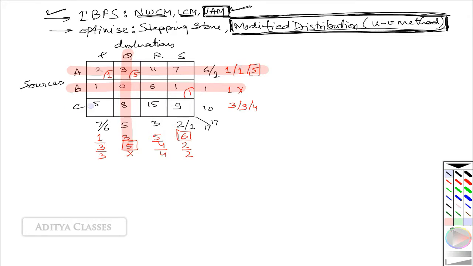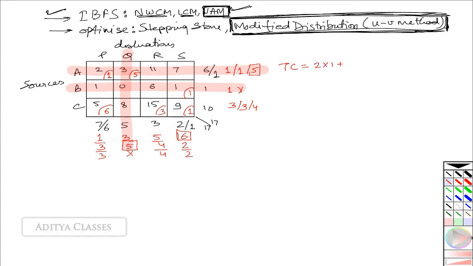And now we see we are left with only one column. One row. So we know that when we are left with one row or one column, at that time the demand and supply are matched. Let us see. C has a supply of 10. What are the demands? 6, 3 and 1. 6 and 3, 9 and 1, 10. So I can go ahead and directly assign these, allot these. You can get 6 from here, you can get 3 from here, and you can get your 1 unit from here. This is it. So this is my IBFS.